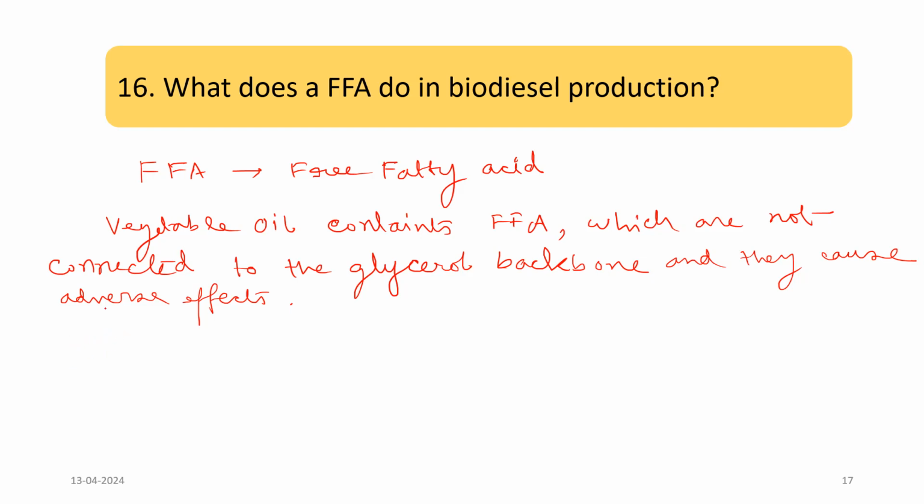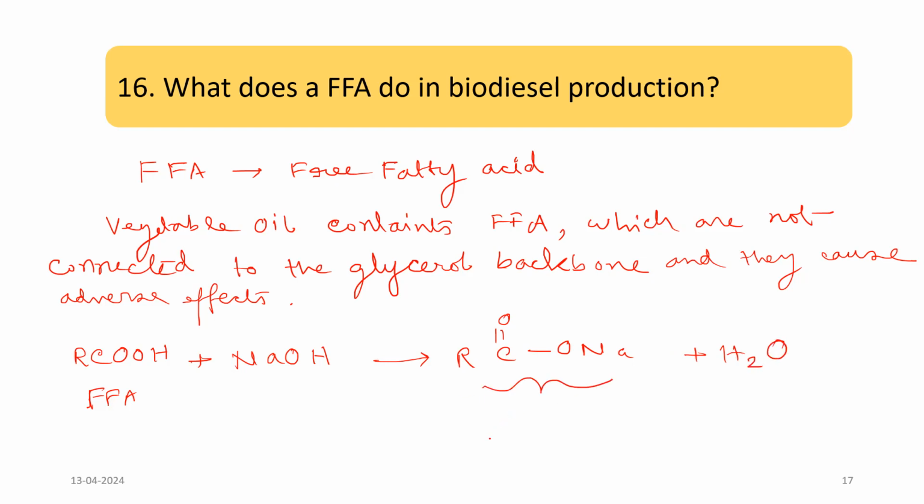How? Now, if the reaction happens between the free fatty acid, okay, and the catalyst. So what is the biodiesel production catalyst? That is the sodium hydroxide, right? So if they react with each other, what will be produced? It will produce, right, and water will be separated. So what is this? This is nothing but a soap, right? So if in the vegetable oil a huge amount of free fatty acid is there, it will react with the catalyst and produce soap, and a portion of the catalyst is neutralized. So that is how